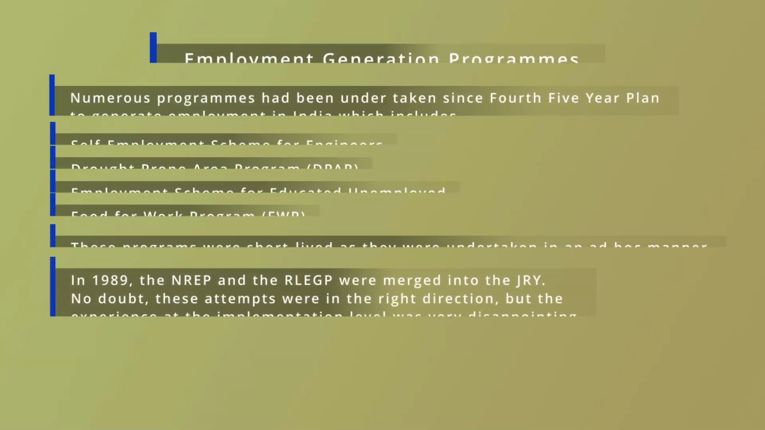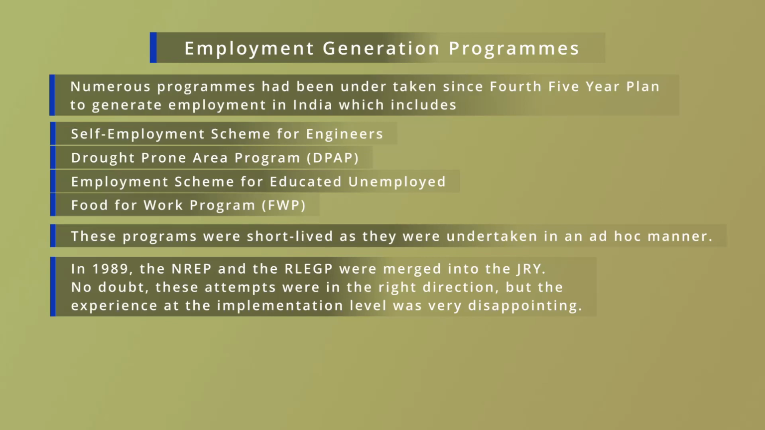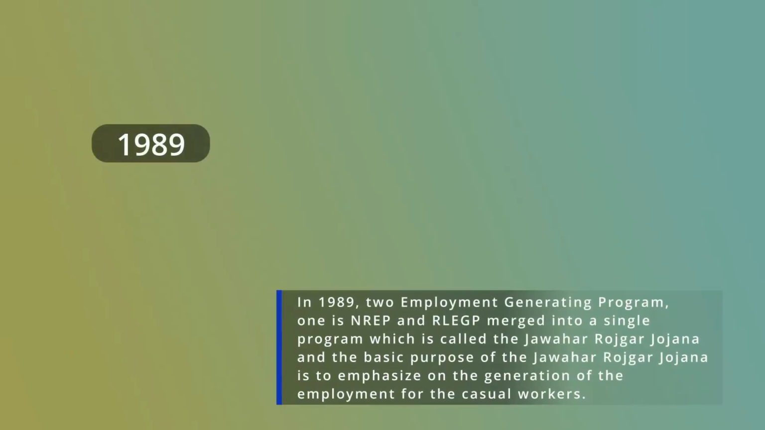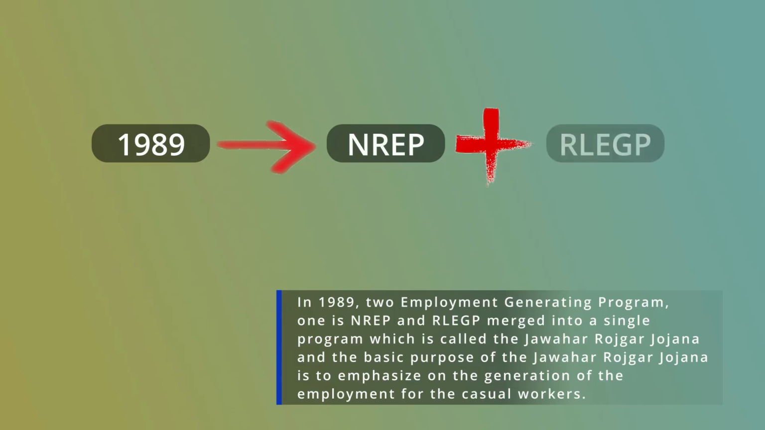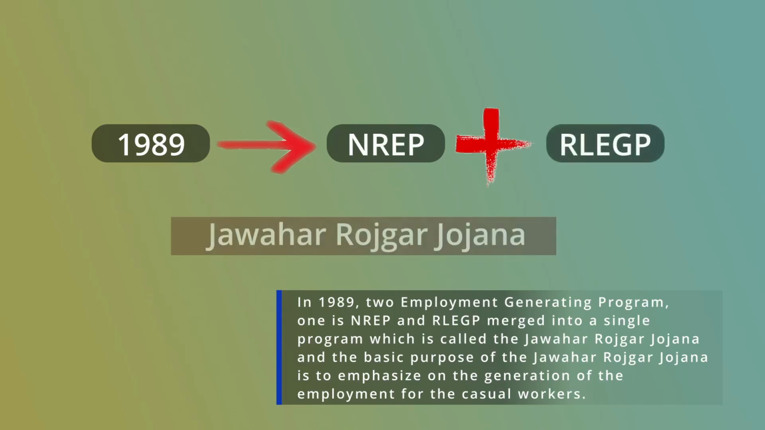Along with this IRDP, the National Rural Employment Program (NREP) and the Rural Landless Employment Guarantee Program (RLEGP) were also introduced to promote employment as well as to overcome poverty and inequality in our country. In 1989, two employment generating programs, NREP and RLEGP, merged into a single program which is called the